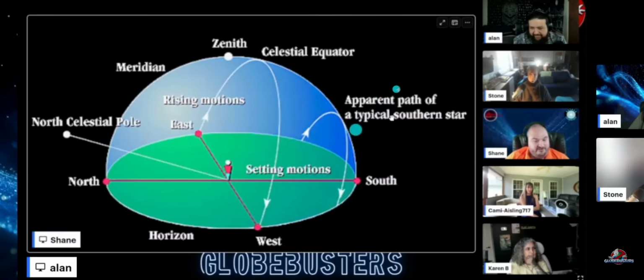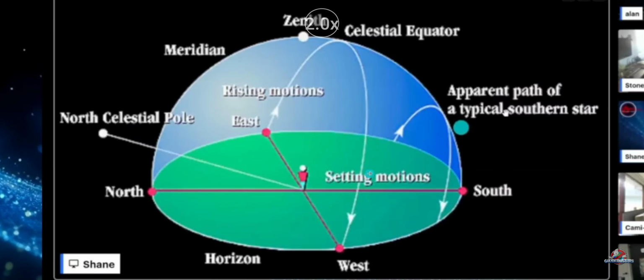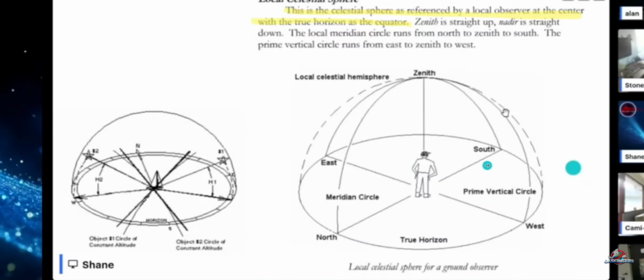So it's important to understand how they took that conceptual model to the extreme and then related it to the ground. Again, I'm just showing more pictures of how all of that works in different reference manuals. But it's important to understand the backbone of celestial navigation, because that's what's actually important to prove the globe.